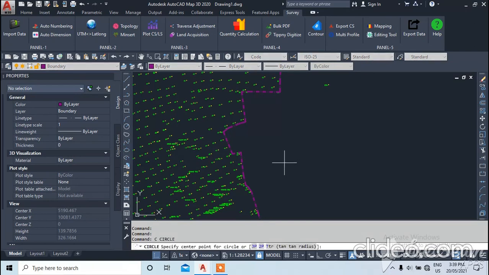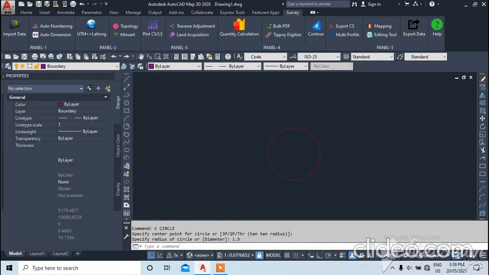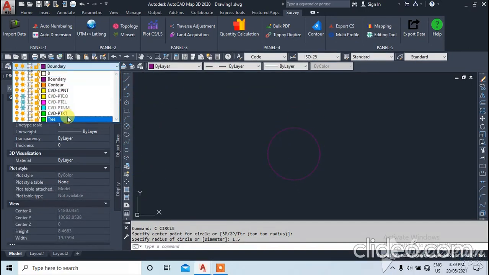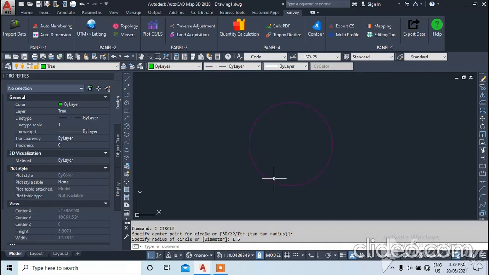So now I am going to make a block in 1:1000 scale. Then my height would be 1.5 meter. So I will set the layer here, and create one block symbol. Then ortho on it.